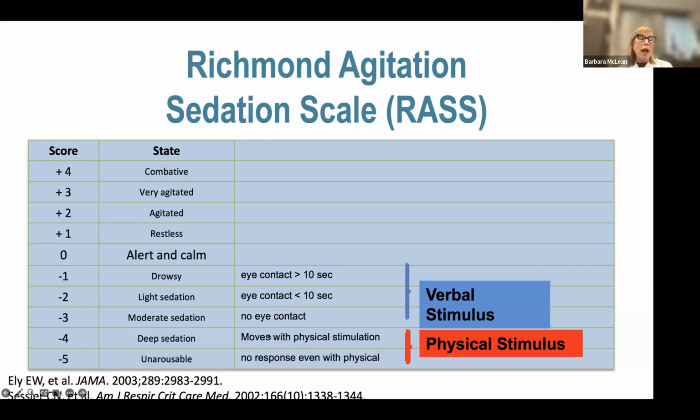So if you move around, you're not really opening your eyes, you're not maintaining eye contact, but if I stimulate you physically, you move around, that's considered deep sedation, -4. And even if physical stimulation, you are not waking up, that is profoundly deep sedation, that's -5. Okay, so again, what I want to remind you is we really want to keep our patients -1 to -2